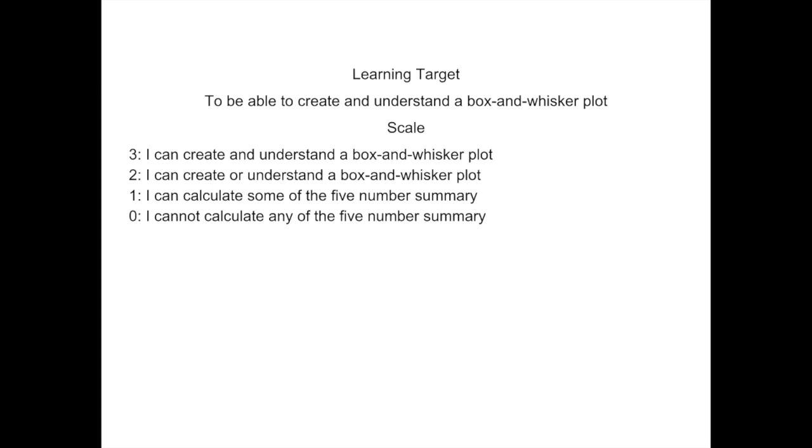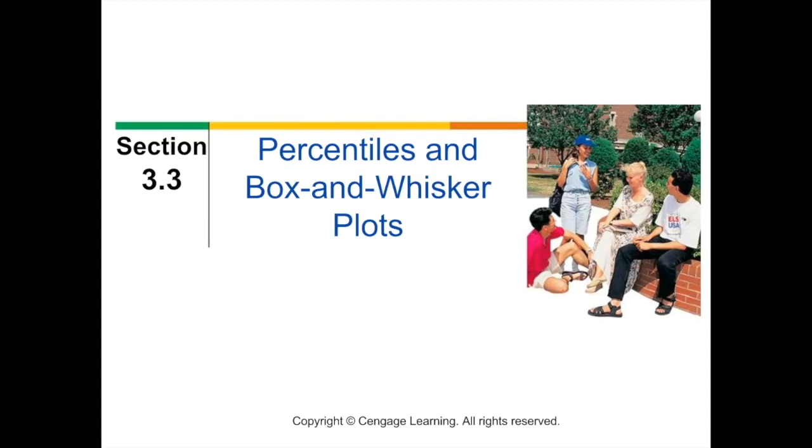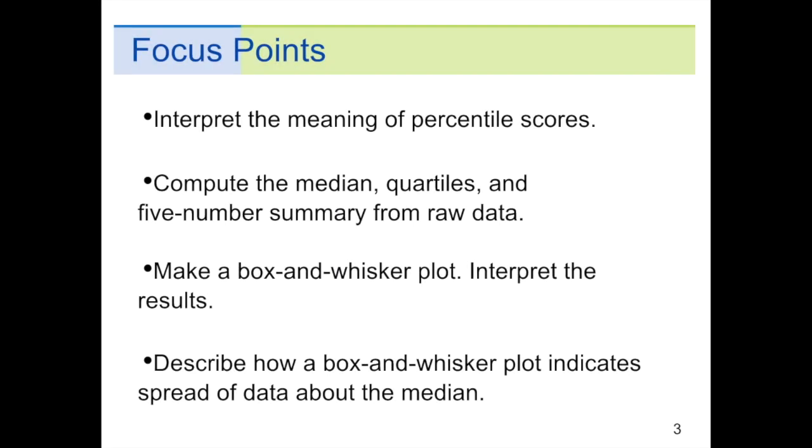Let's get started. Section 3.3, Percentiles and Box and Whisker Plots. Focus points: interpret the meaning of percentile scores, compute the median, quartiles, and 5-number summary from raw data, make a box and whisker plot, interpret the results, describe how a box and whisker plot indicates spread of data about the